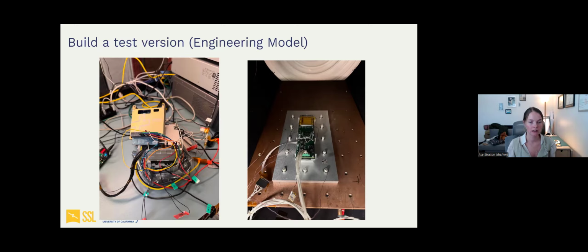So here is a picture of the duplicate of our avionics system, because I had to learn how to talk to and connect all of those up. And no, it doesn't look pretty, because we were in a rush and things were really hard. This is an example of an engineering model of one of our detectors on SHARP. So like I said, it was really complicated. We had to start with basically one and then slowly work our way up to eight. So all of our testing started with just one.